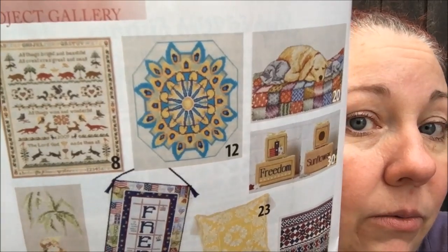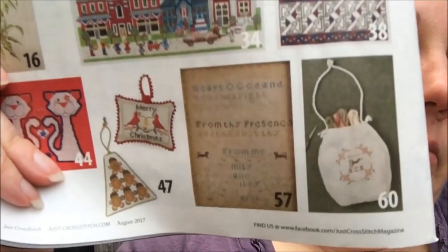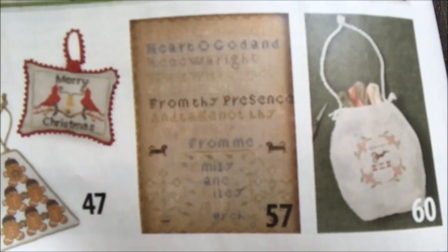In case you haven't seen it, here's what's in this issue. Okay, that looks relatively like an antique sampler, kind of, but even when they do some sort of antique sampler, it's like the lowest common denominator of antique sampler, right? It's not even anything to the level of what they were doing. That's what I'll say. So yeah, I'm about 2 seconds from canceling my subscription, asking for my money back, and